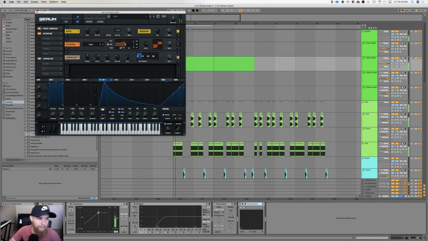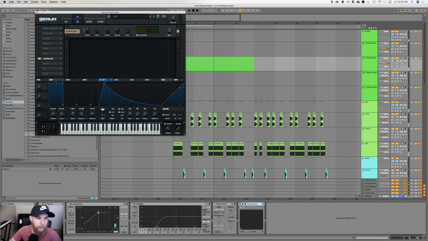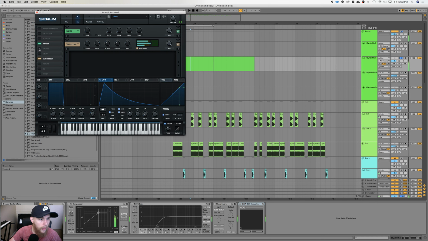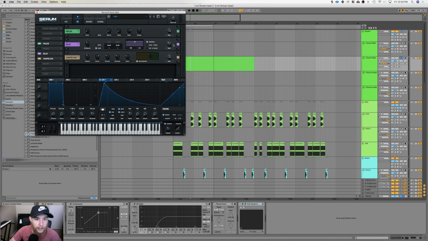Okay, so I'm probably just gonna turn that multiband on. I'll probably turn this phaser on too. I like turning the depth down. Ooh, that's pretty bassy. Let's turn that delay on too. Some of you guys may already know this trick, but if you don't, this is a cool trick.